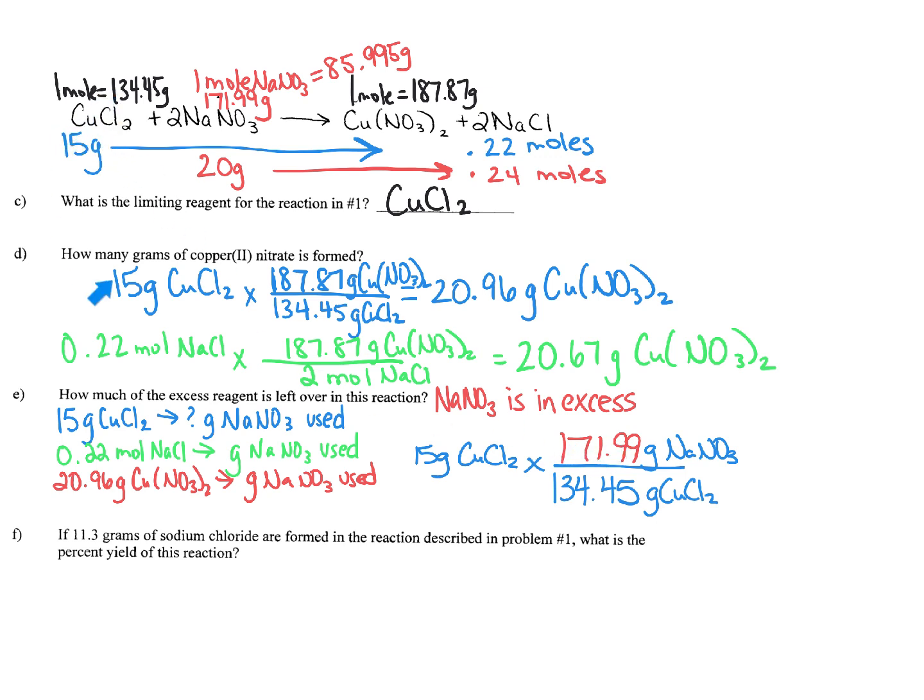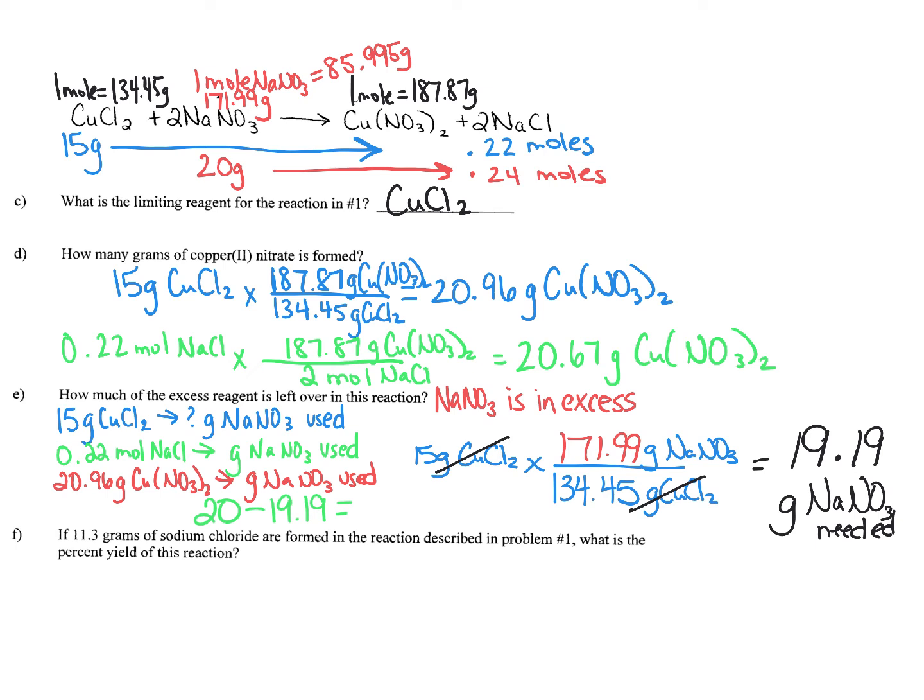1 mole of copper chloride is needed, which would be 134.45 grams. I can take 15 times this conversion factor, and I will find out how much of the NaNO3 I'm going to need. According to my calculations, I'm going to need around 19.19 grams of NaNO3, and it wants to know how much is going to be left over. Well, according to my balanced reaction, I'm starting with 20 grams of it, so I won't have a lot left over. I can simply take 20 minus the 19.19, and I'm going to have about 0.81 grams of